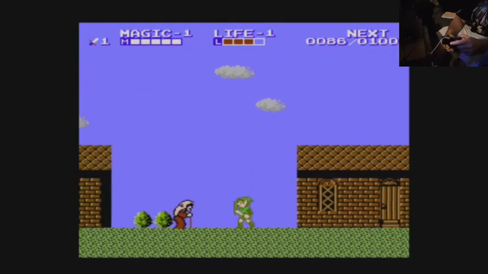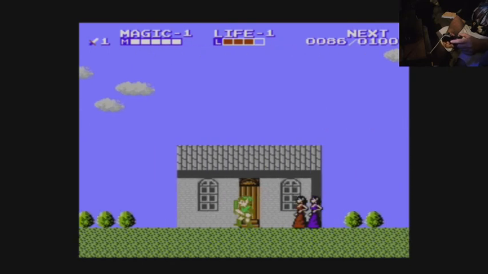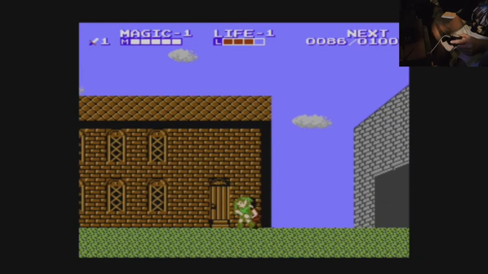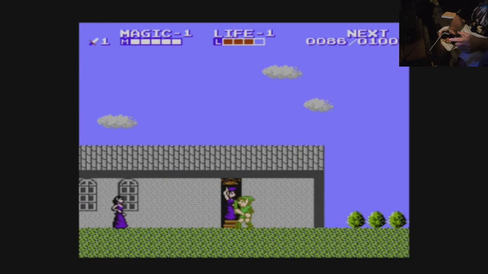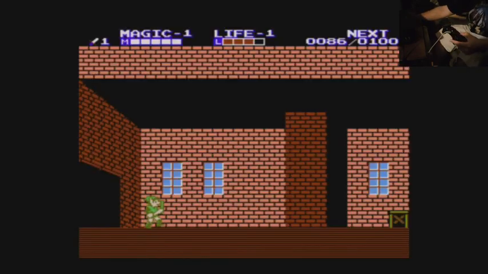So here we are in Shield Town. We're going to get the Shield spell. Easy enough. Talk to this woman. Get in there. I'm going to make a new